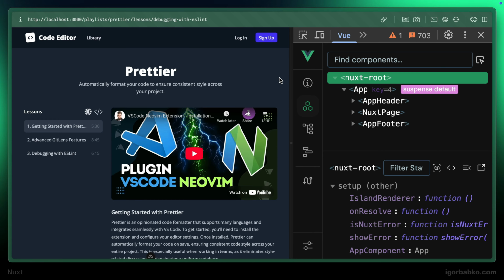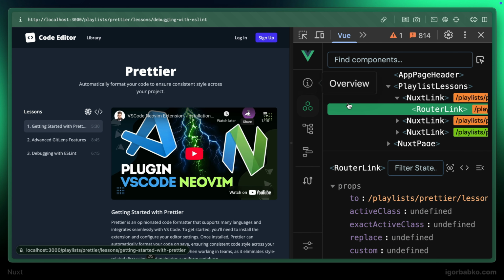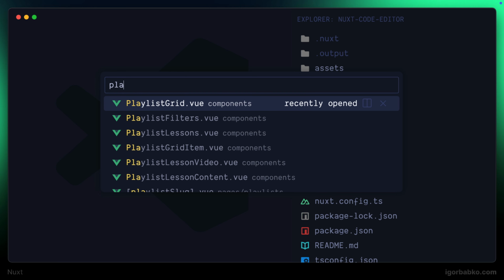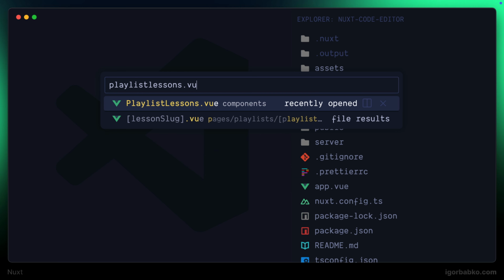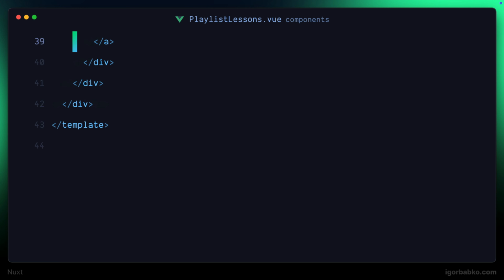Now let's refactor the markup of the sidebar by moving markup of the list into a separate component, as well as individual list items. So all this markup is currently located inside playlist lesson component. I'm going to open up this component in the editor. Here let's find the markup of the list and extract it into a separate component, which I'm going to call